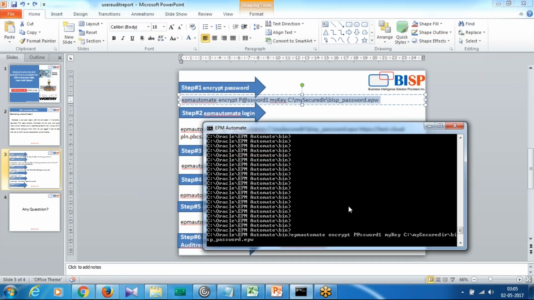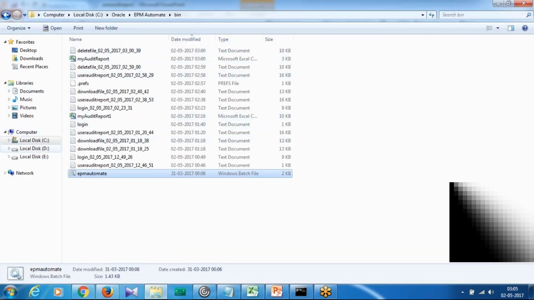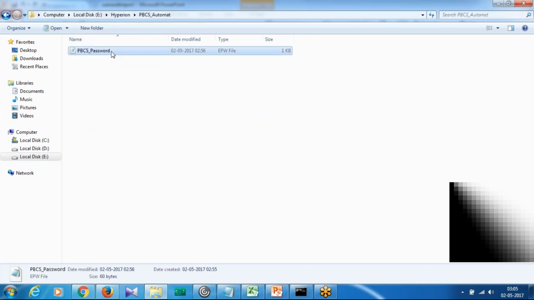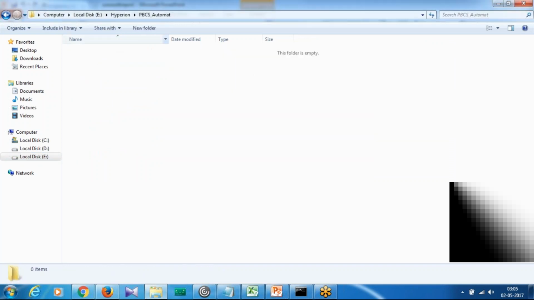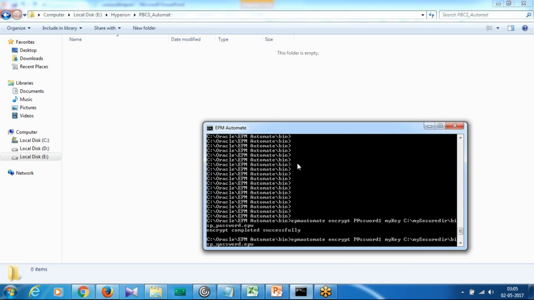My first argument is the password. This is a dummy password, and I would like to store it under my folder. I already created one folder called Hyperion EPM Automate. I deleted the existing password and will render a new one. So I just change the path. The extension is EPW. So EPM Automate encrypt your password, my key, and the path where you would like to store